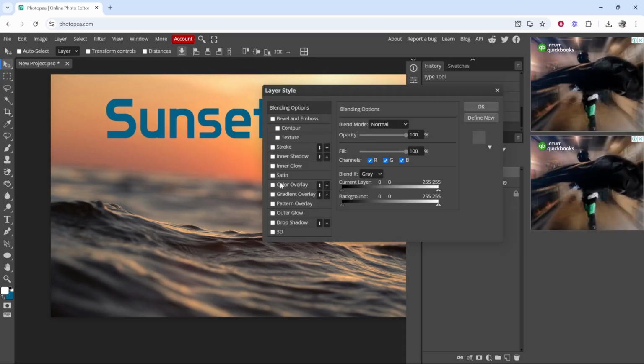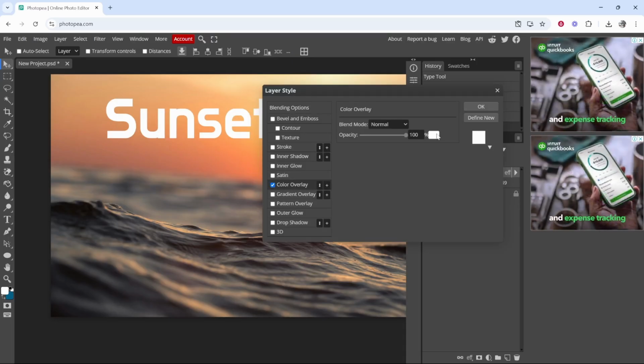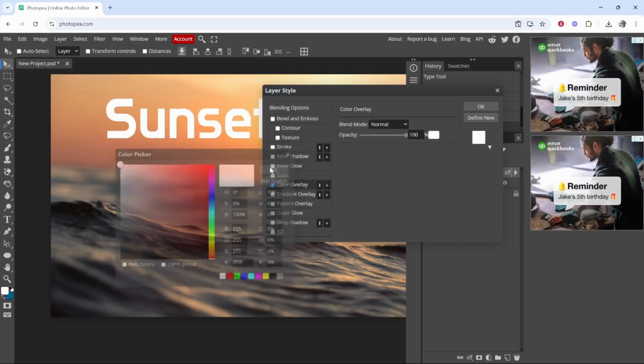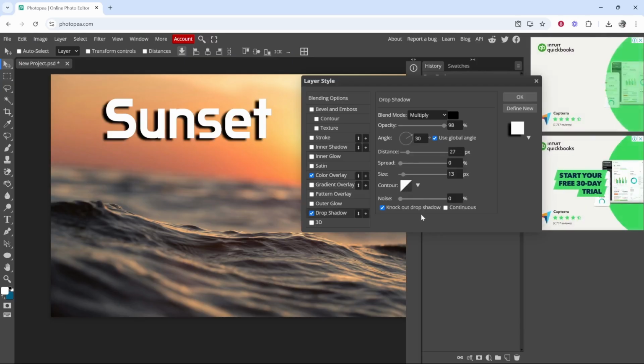Then what I'm going to do first is go to color overlay. And if we click in this color overlay window, we can then select a color. I'm going to change it to white. And then what we can do is we can go to drop shadow, click on that, and then it will